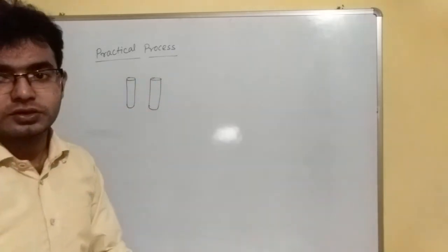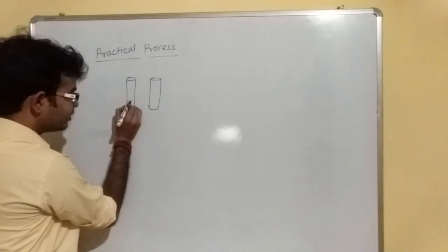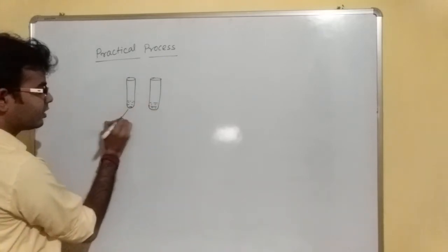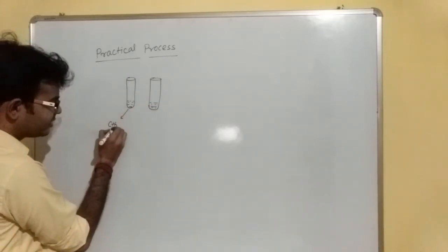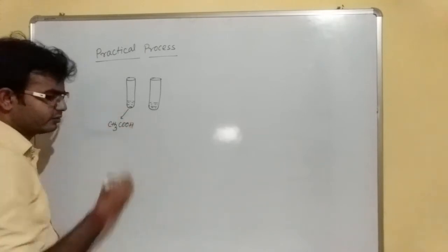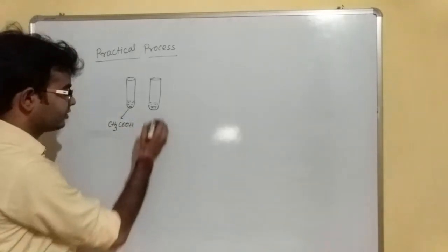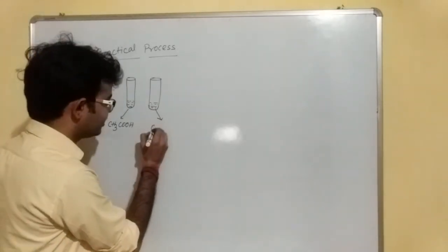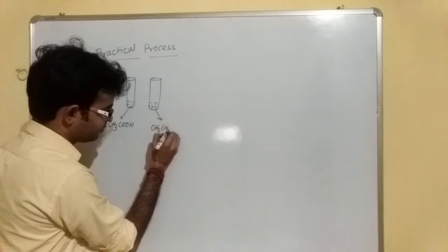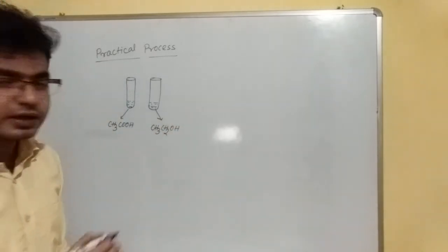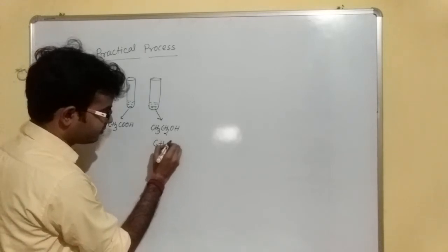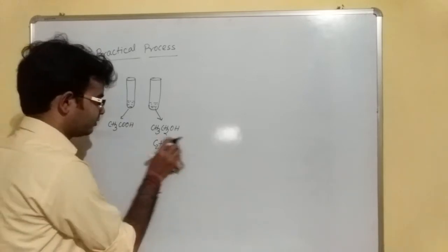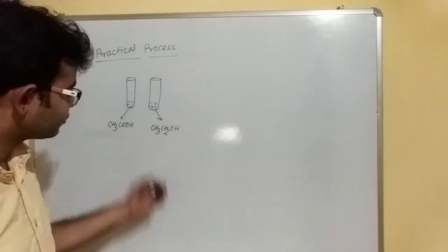तो पहले आपको दो टेस्ट ट्यूब लेना होगा। In one test tube you have to take the carboxylic acid, like we are taking CH3COOH, ethanoic acid is taken, okay, suppose ethanoic acid is taken। In the other test tube we have to take the alcohol, you can take ethanol CH3CH2OH। Remember ethanol can be written like this C2H5OH, तो इसमें घबराना नहीं है, याद रखिए कि C2H5 है, that is also ethanol, CH3CH2, इसको तोड़ के लिखा गया है।